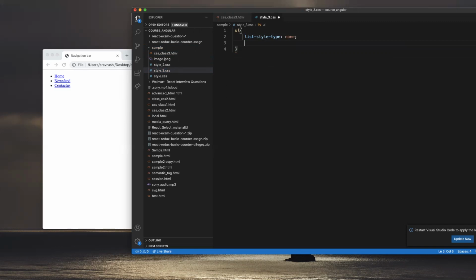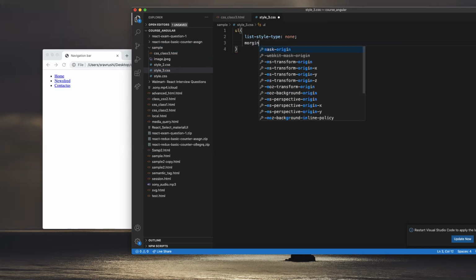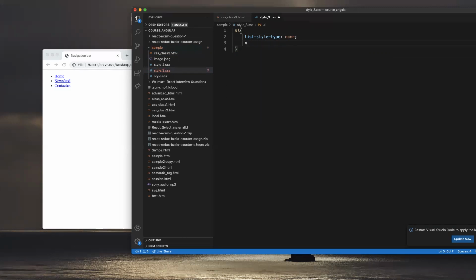This will not take any of the style for the horizontal bar. Okay, and one more thing is margin. I am taking margin as 0, and I am also taking padding as 0,